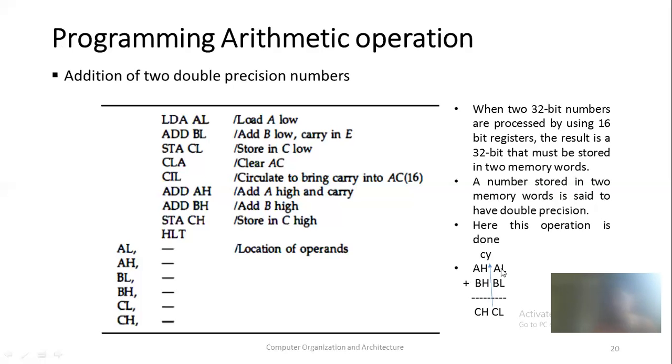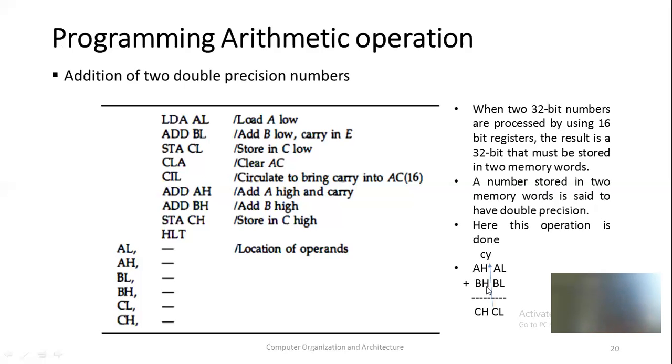First of all, the addition of the two lower numbers is simple. Load the first number, then add the second number to it, and your result is generated. So first LDA AL. This will load your number from the AL location, then ADD BL. This will add the BL location's data to the accumulator, and the result is going to be stored at CL. That's why I used the instruction STA CL. So by these three instructions, this task is completed.